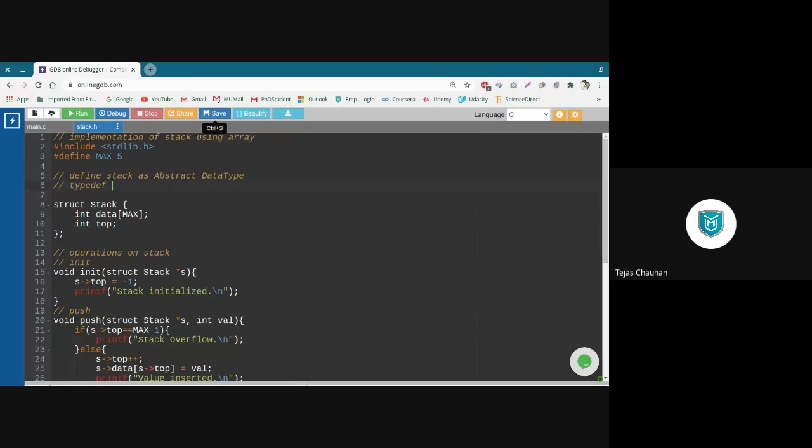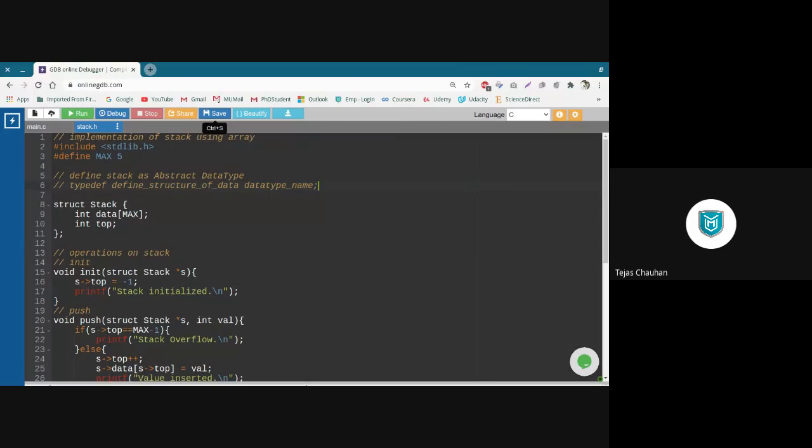The syntax of this typedef statement is: you use typedef, which is a keyword, then one space, then you define your structure of data, then one space, and you give it a new data type name, and a semicolon.